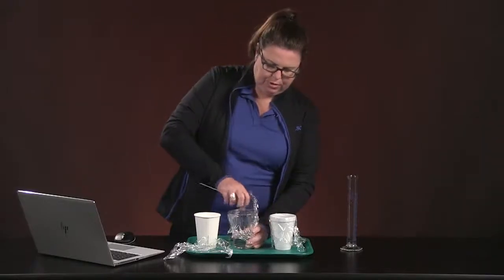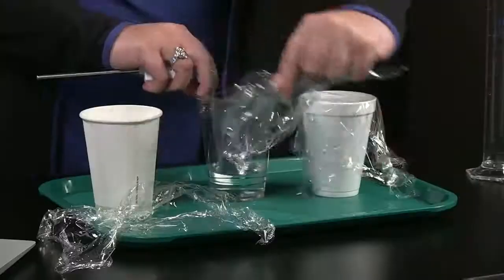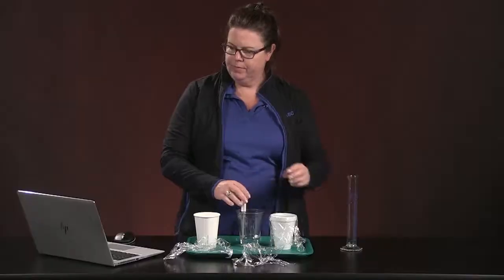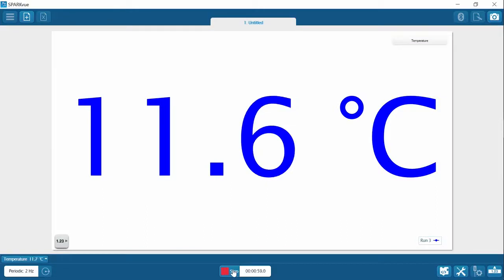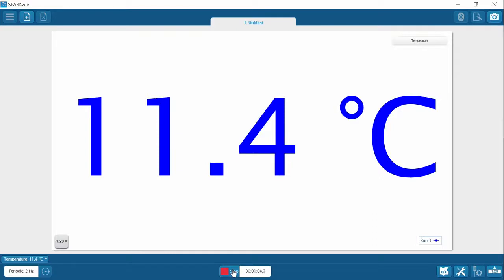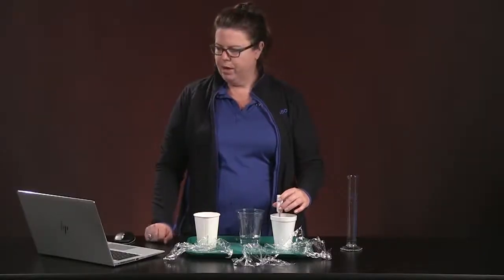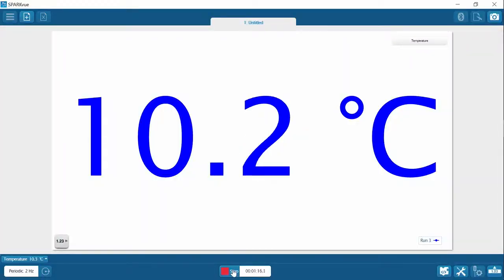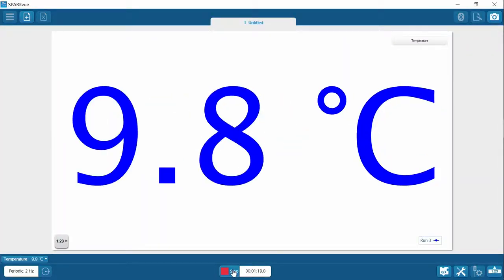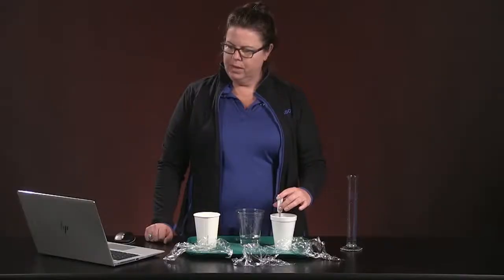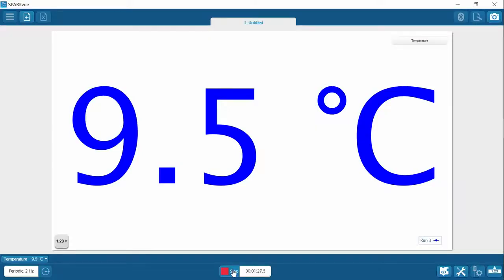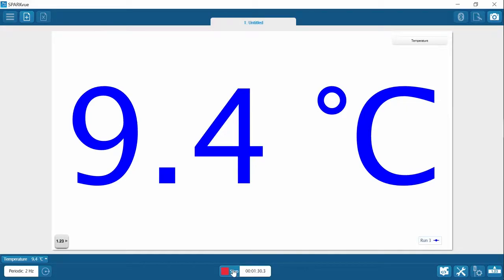Now let's check the ending temperature of the plastic cup. The ending temperature of the plastic cup is going to be 11.4. And then finally, let's check our styrofoam cup. That one's still dropping. So the temperature of the styrofoam cup is going to be